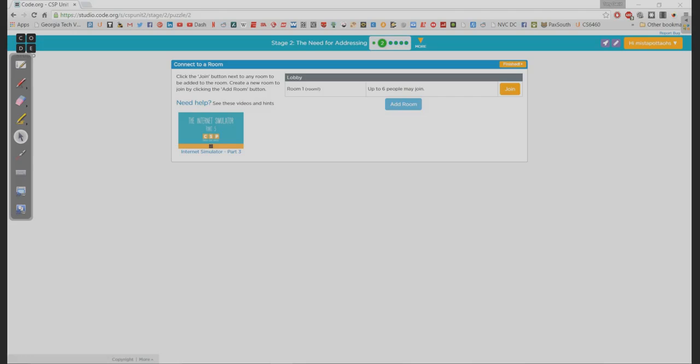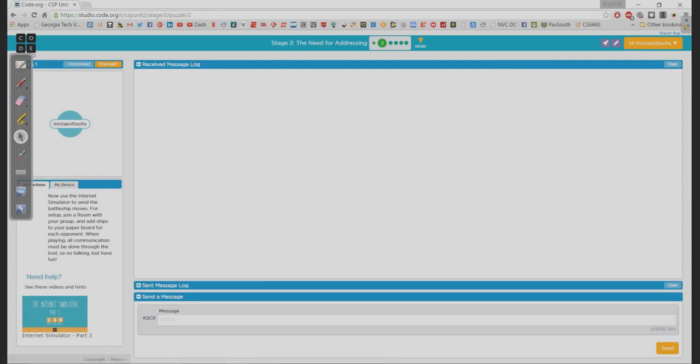And you're going to have to make sure that you're clear with who you're talking to, what information you're giving, and who you're getting information from as well. So I'm going to go ahead and join this room. So now here I am in this room. You can see mistapotta OHS over here in the corner. But I'm going to also join this room. And so what you'll see now is that you see 2 people in here now. You see mistapotta OHS, and you see this other person, TDP.